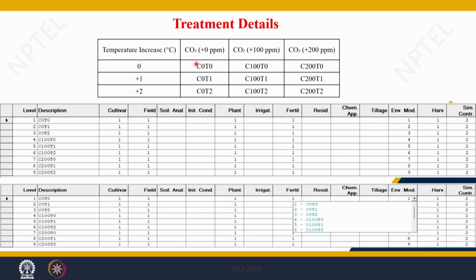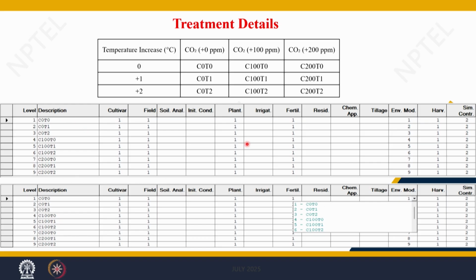So, these are the 9 treatment combinations: C0 T0, C100 T0, C200 T0 stand for 0 degree increase in temperature with C0, C100 and C200 ppm. Similarly, C0 T1, C0 T2, C100 T1, C100 T2, C200 T1, C200 T2. Different CO2 levels, different temperatures, we have created the 9 treatment combinations, and you can do these when you go to treatment.